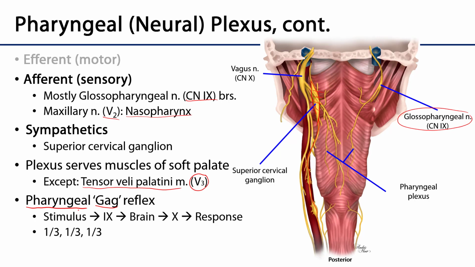And that stimulus is carried by 9, which is the afferent. 9 carries that back to the brainstem, and the brainstem sends out a response through vagus, which is the efferent